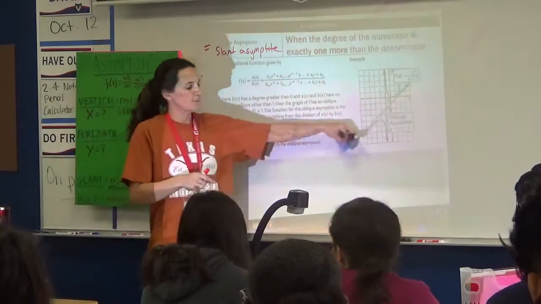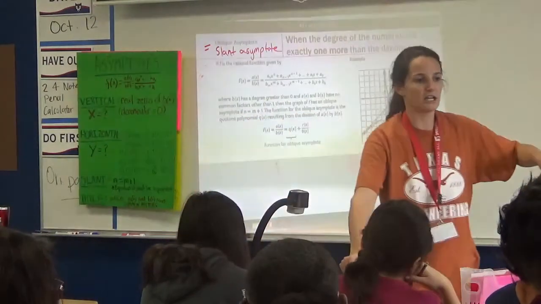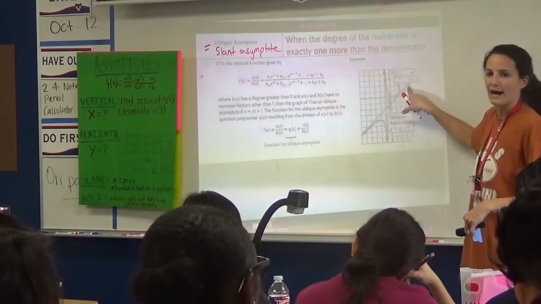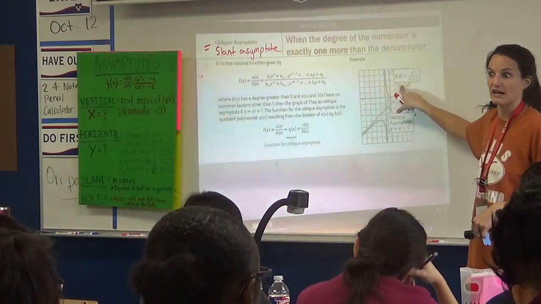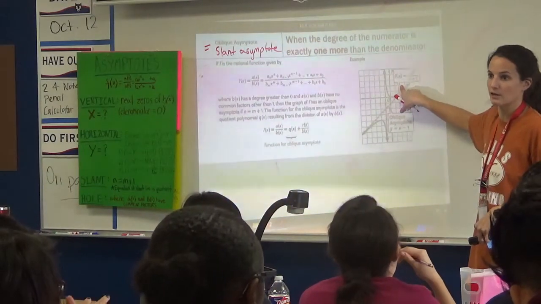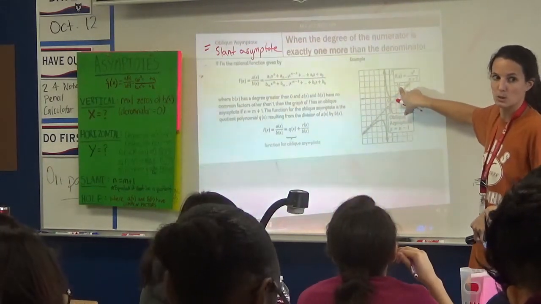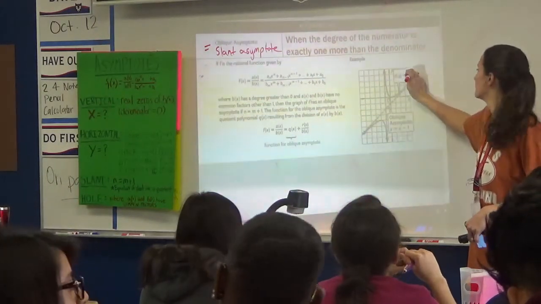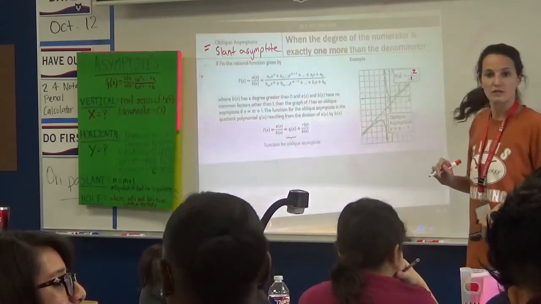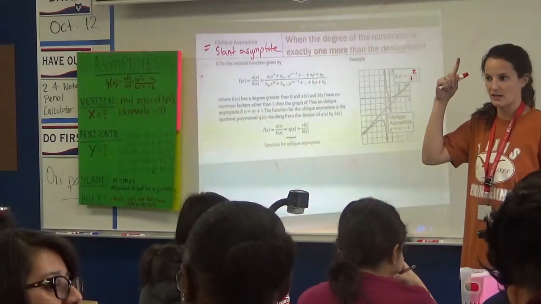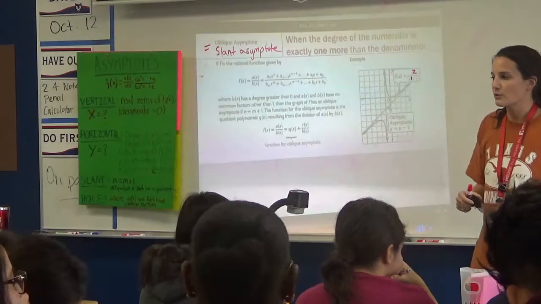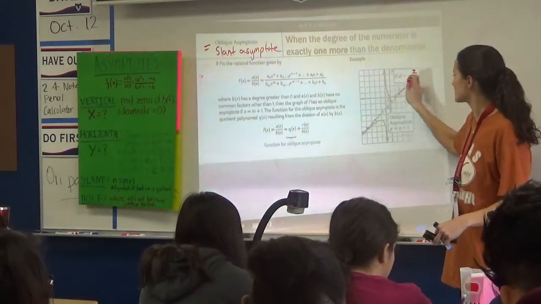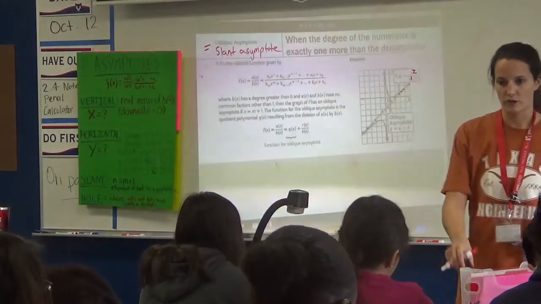Okay, so look at this example. Really quickly, I said it already a couple of times, but can I get someone to summarize one more time using this example? How do I know this example has an oblique asymptote using what we just said about oblique asymptotes? Kevin? The exponent on the top is x squared, which is one number higher than the one on the bottom. Yep, the one on the bottom is to the 1st power, the one on the top 2nd power, so it's 1 more, okay? So when that happens, we see here there's also this oblique slanted asymptote, okay?